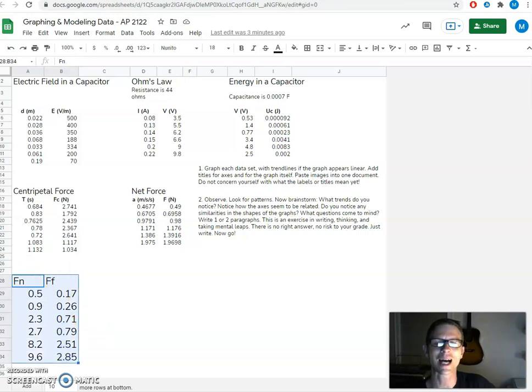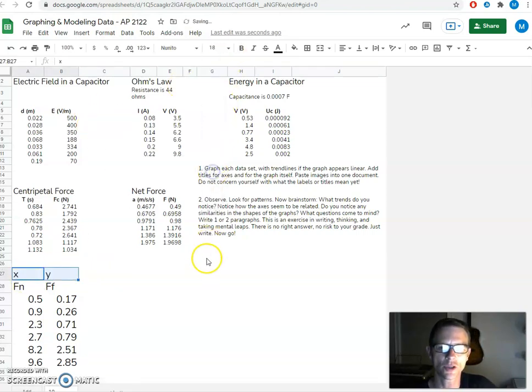To start with, I'm going to highlight the data, including the titles. You have to know that this is going to go on the x-axis and this is going to go on the y-axis. So your first column, when you set it up, is going to obey that rule, and most graphing utilities, most programs will do that. I just put the x and the y as labels, don't highlight those. So highlighting, and I'm going to insert